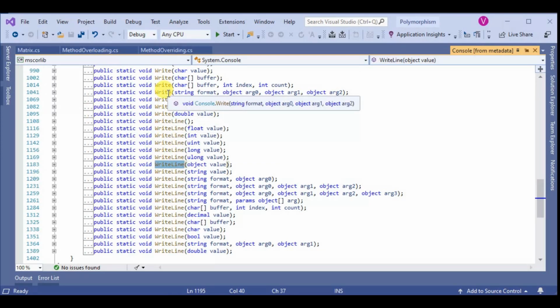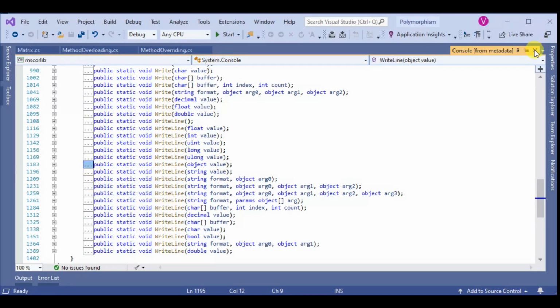The WriteLine method is overridden in different definitions. Here are the definitions of the WriteLine methods. Now we use WriteLine with an object value.